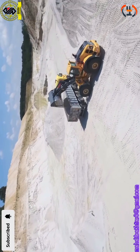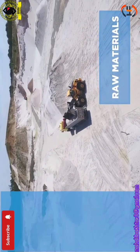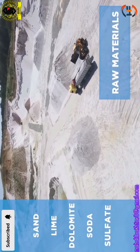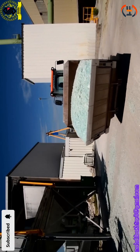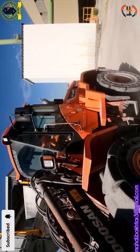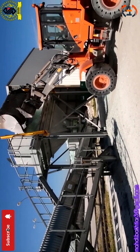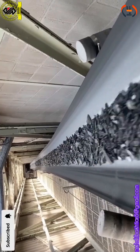It all begins with the Earth's most abundant raw materials. The primary ingredients are sand, lime and dolomite, soda and sulfate. Glass itself is also an important ingredient. Its recycling reduces the need for raw materials and accelerates the melting process. As a result, energy consumption is limited and less CO2, one of the main greenhouse gases, is emitted in the